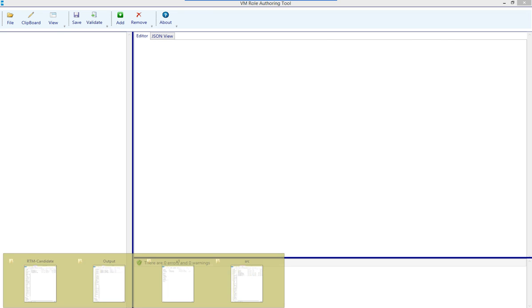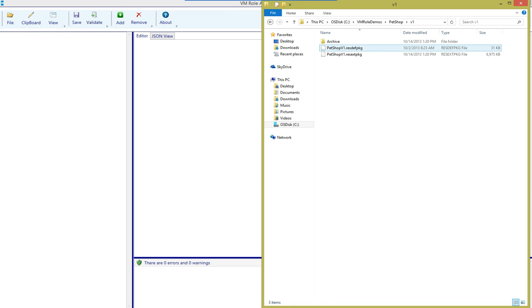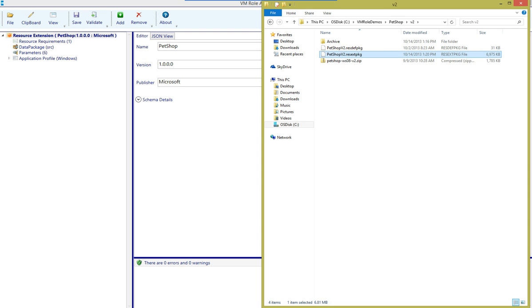To get started, I have an existing ResDef package and resource extension package for a pet shop application. I'm going to copy these two packages to a new directory called v2, and so that I can keep track of which one corresponds to which version, I'm going to modify the names of each of the packages. Once that's done, I can simply drag the packages into the authoring tool and load up my resource extension and